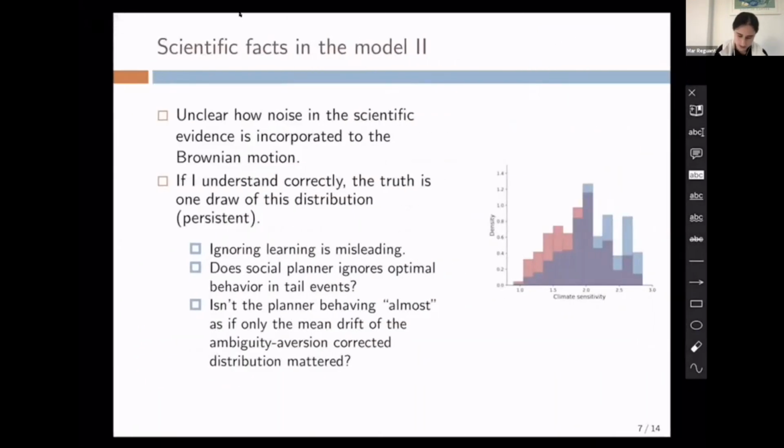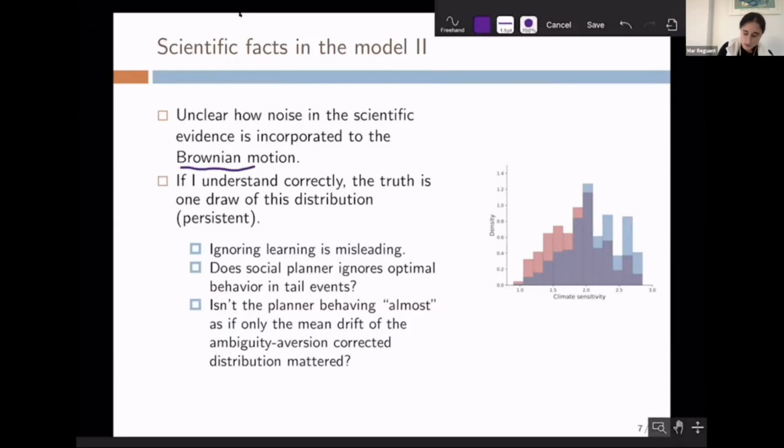So the second criticism is on how the scientific facts are incorporated in the model, and to be fair, this might be my lack of understanding of how the stochasticity is modeled in the paper. It's very unclear to me from the writing, which I found a bit dense, how the noise in the scientific evidence is incorporated into the Brownian motion. So if I understand correctly, the thought experiment behind this scientific evidence,